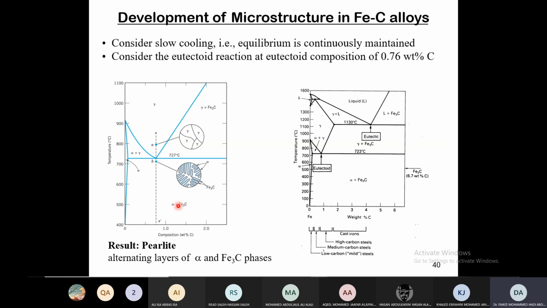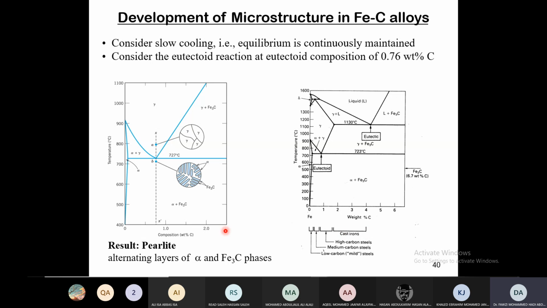It is referred to as perlite, as I'm mentioning here. It's called perlite, and this microstructure is referred to with the adjective perlitic microstructure, which is the alternating layers of ferrite and cementite that we have in the material. So you have alternating layers of alpha iron and iron carbide, the ferrite and cementite phases there. You can see this is when we are referring to the different categories of iron-carbon. This is low carbon, this is medium carbon, this is high carbon, and from there onwards we have the